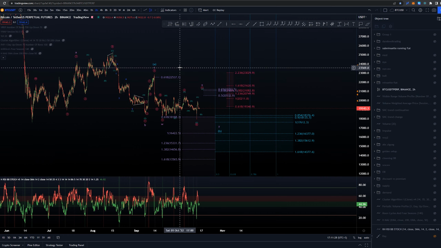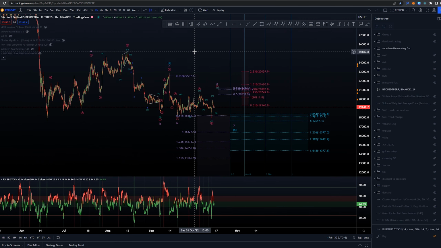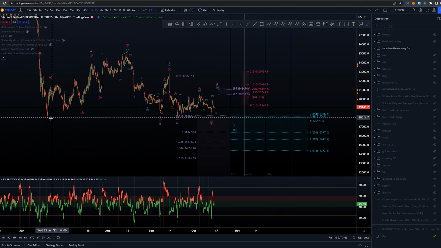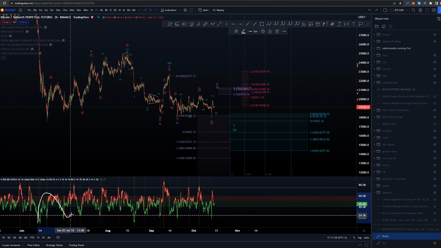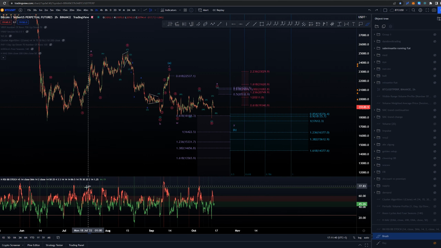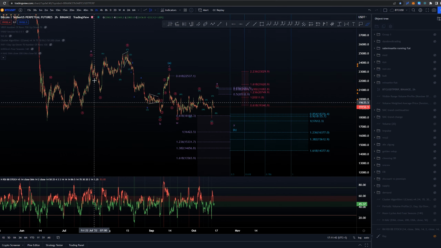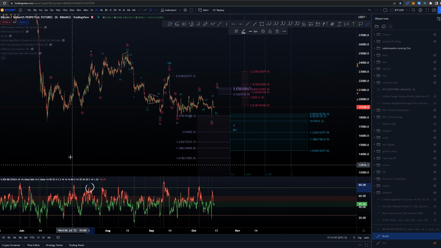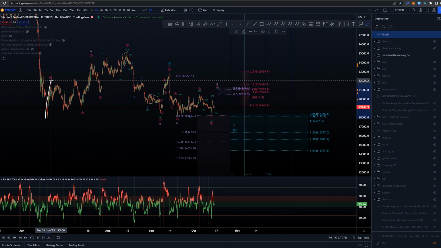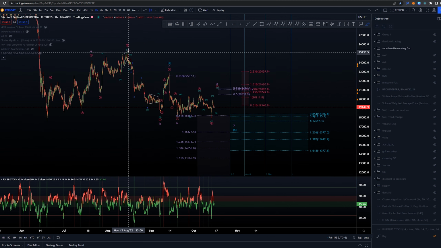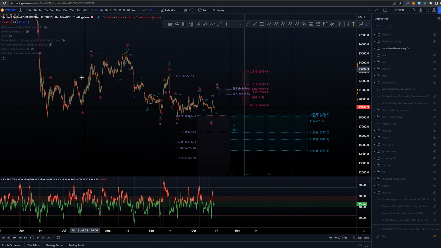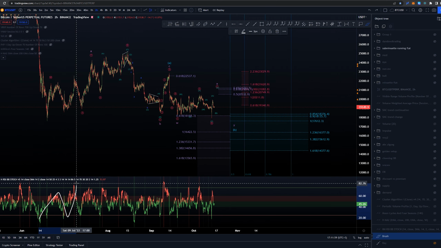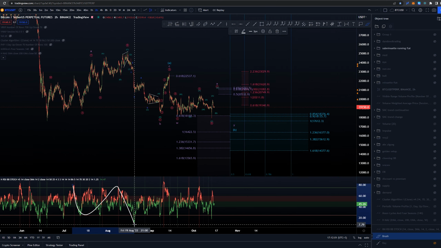Then we had the best looking structure considering the RSI, in which again, if we are starting the structures from here, we would have a 3-way structure in here. The only issue is that ending the count here is not the best in RSI, but we have to allow that if we want to have this C wave here, otherwise it would not be possible. So in here we would have a structure like this coming down into the